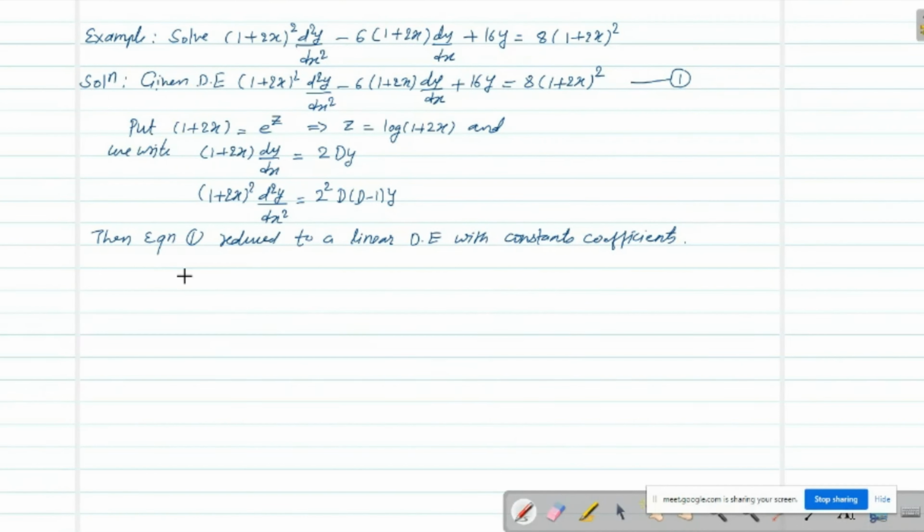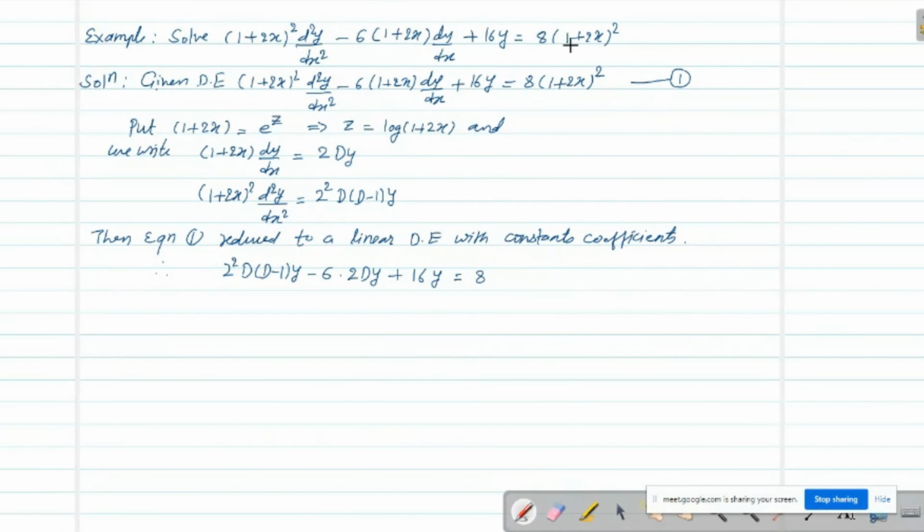Therefore, instead of the term (1 plus 2x) the whole square d square y by dx square, we put this term, that is 2 square D(D minus 1) y, and minus 6 times, so instead of (1 plus 2x) dy by dx, we put here 2 dy. So write down 2 Dy and plus 16y as it is, and this is equal to